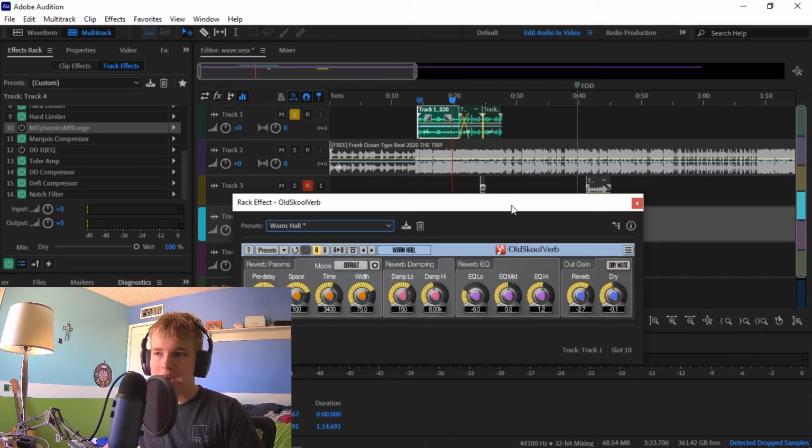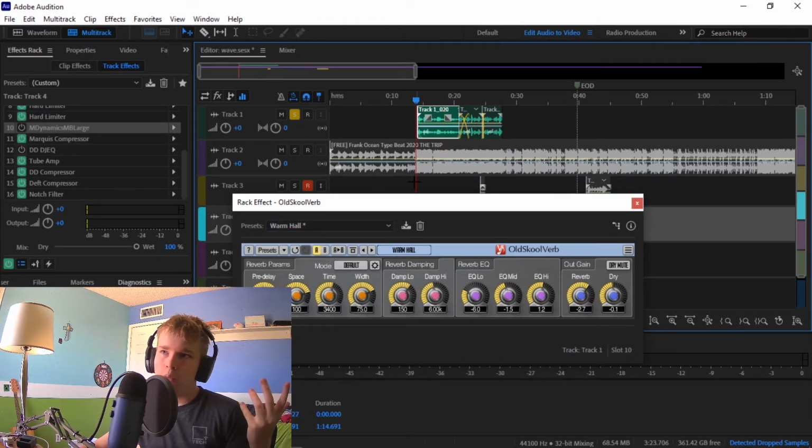See how it's affecting the high part of your vocals? Same with mid, same with low. It's kind of nice to have low up a little bit. And then damp high, it does the exact opposite of the EQ high. It dampens the high vocal, and low dampens the low vocal. With basically how wide your vocal is,